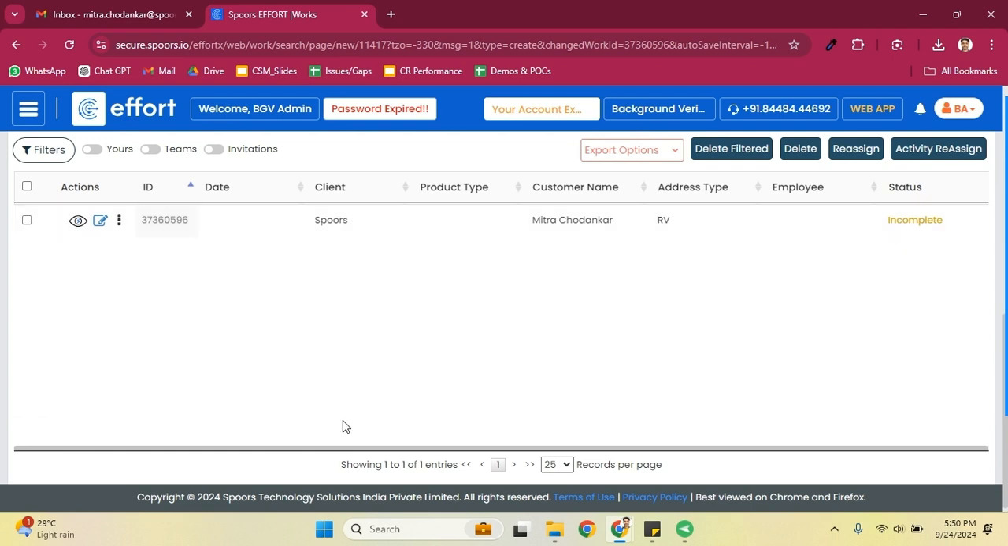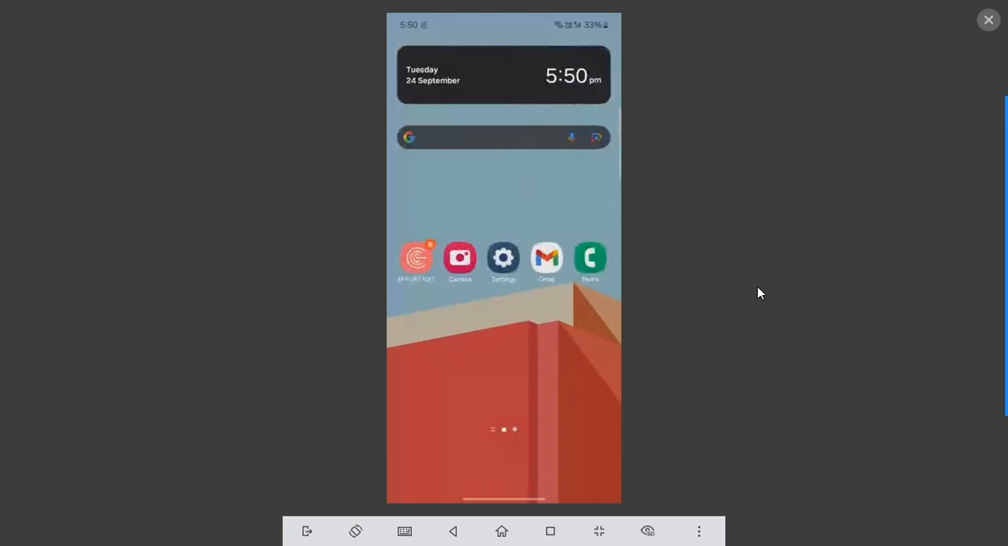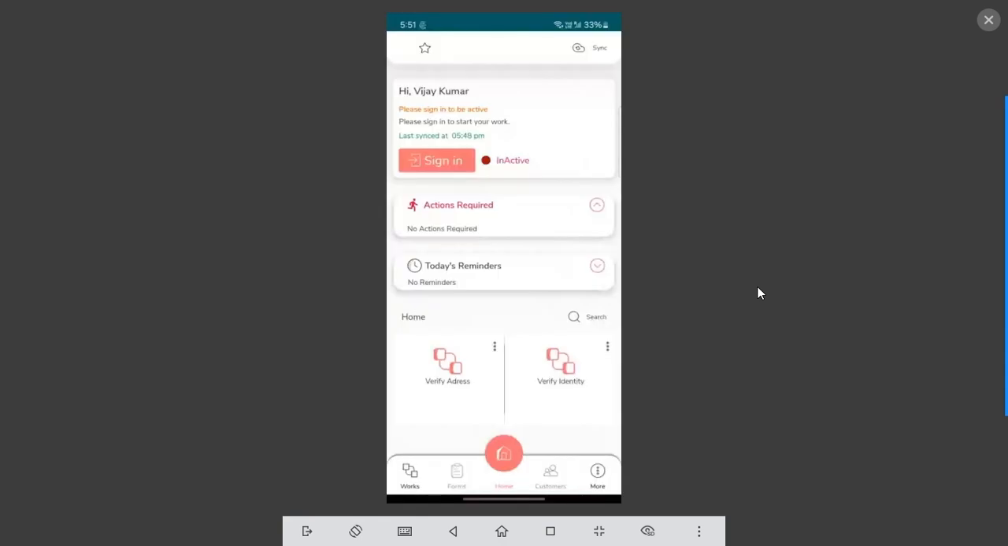Now, let us see how the field agents can act upon these tasks. So, now let me share my mobile screen. As you can see, I have already installed the Effort Next mobile app on my phone. I'll open this app and here you can see I have logged in as Vijay Kumar, who is one of